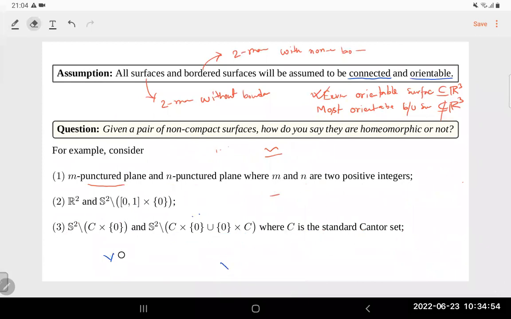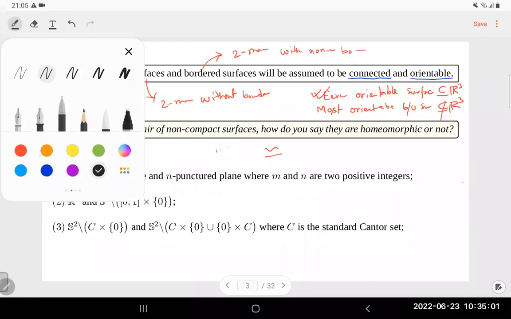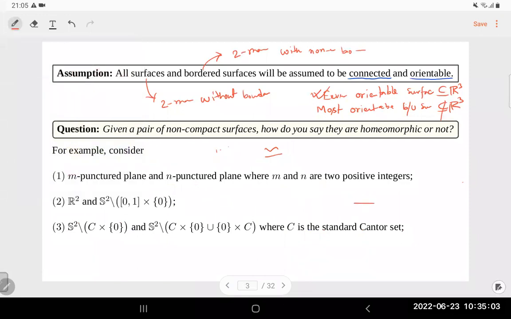Let us try to answer this. How do you define the... okay, first question number 2. So the closed [0,1] interval is here. Let's say I want to show that this space has exactly one end. Once I show that this space has exactly one end, then they are homeomorphic because